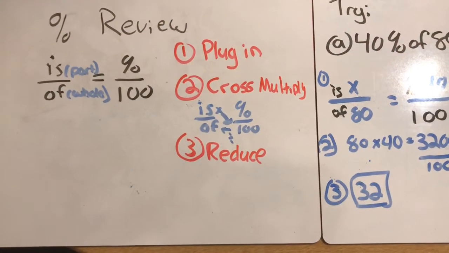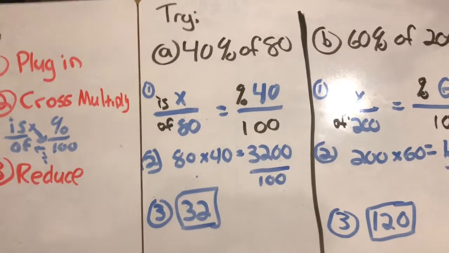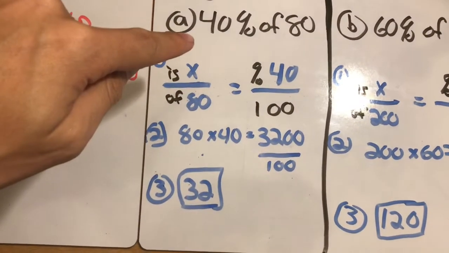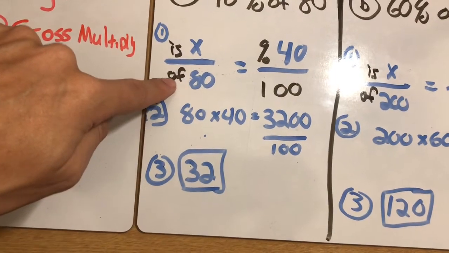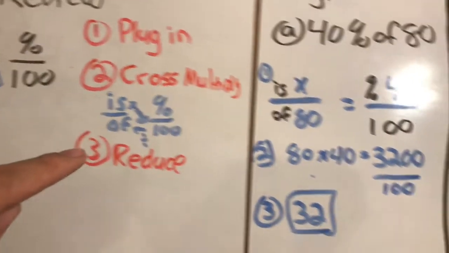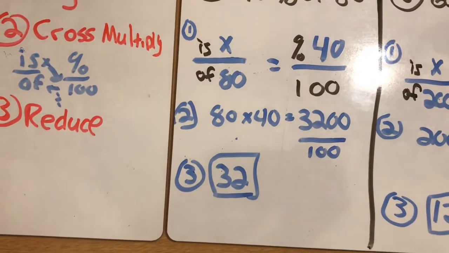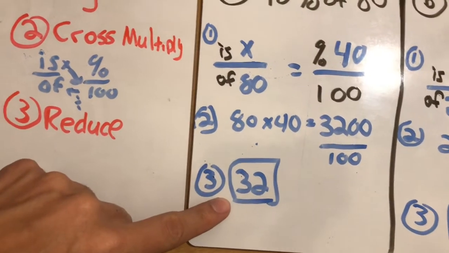Okay, let's see how you did. So in problem A, I took my percent and put it over 100 to get 40 over 100. Then, since I saw the word of, I put that at the bottom where my of is, 80. Then I used step 2, which was cross multiply. So I multiplied 80 times 40 to get 3,200 and divided by 100 to get 32, which was step 3,